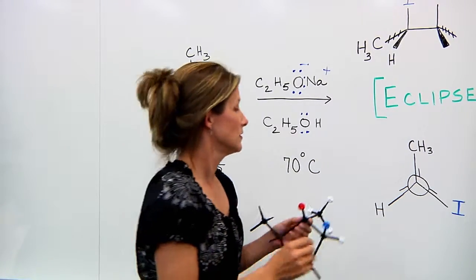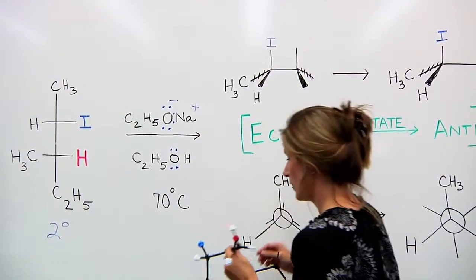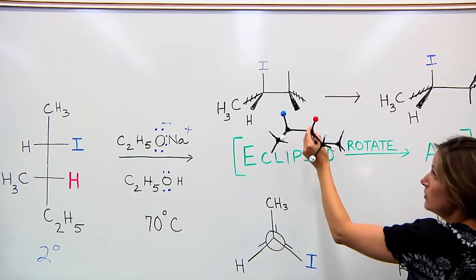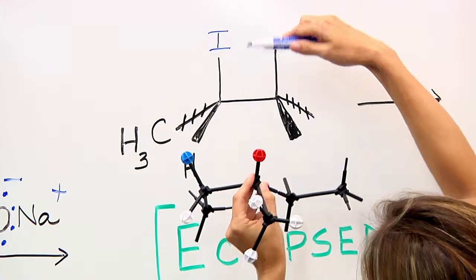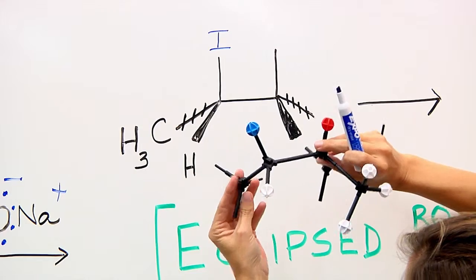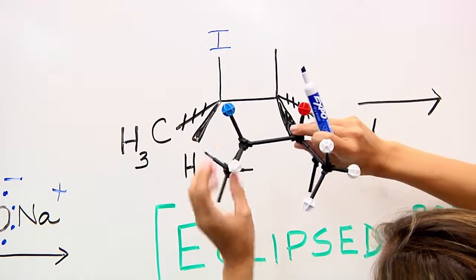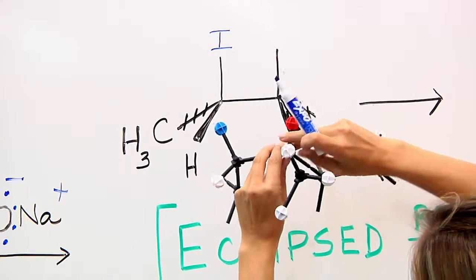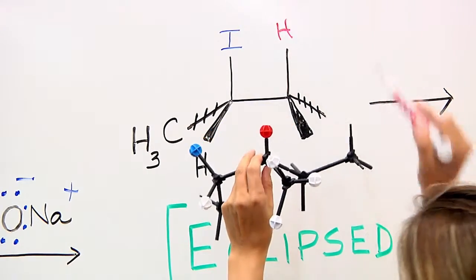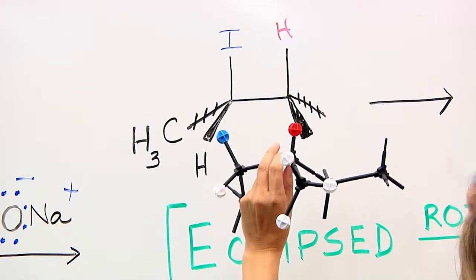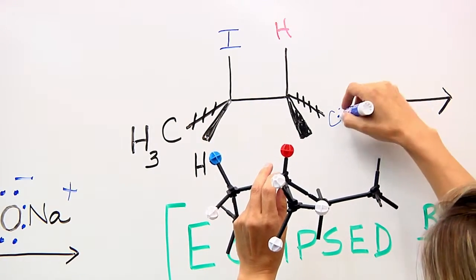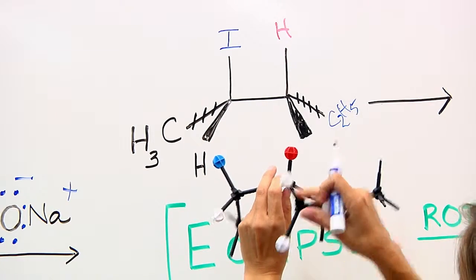So in order to do this, we'll use our molecule. And you can see, we'll go ahead and just draw this in. We have the iodide here, and we have the hydrogen here, and we have a methyl group here in the back, and we have that displayed here. Keeping everything the same, here we have the hydrogen atom. Back behind it, we have an ethyl group going to the back. And then in the front, we have our ethyl group.